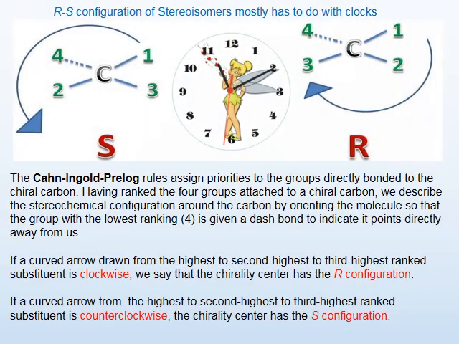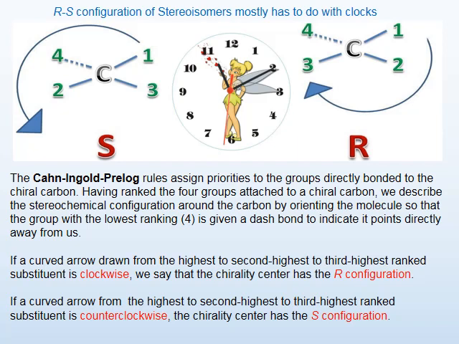The Cahn-Ingold-Prelog rules assign priorities to the groups directly bonded to the chiral carbon. Having ranked the 4 groups attached to a chiral carbon, we describe the stereochemical configuration around the carbon by orienting the molecule so that the group with the lowest ranking is given a dash bond to indicate it points directly away from the viewer. If a curved arrow drawn from the highest to second highest to third highest rank substituent